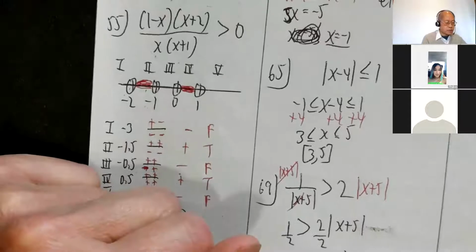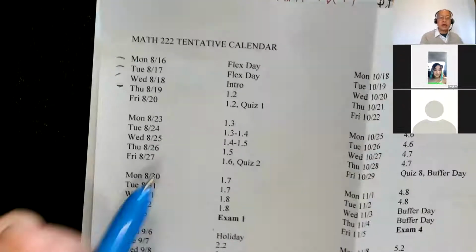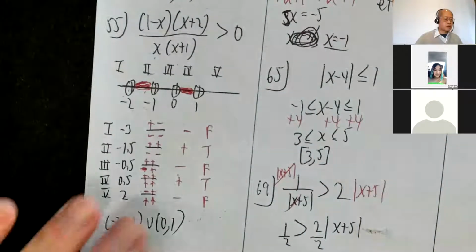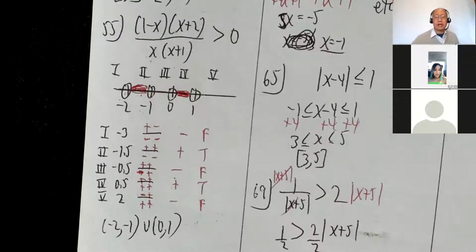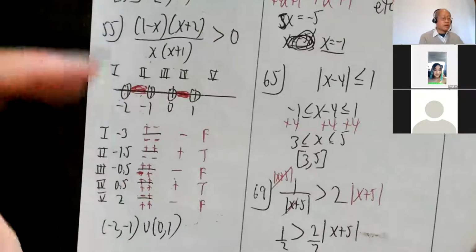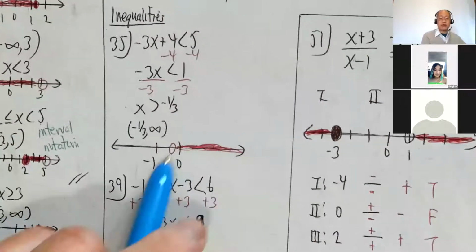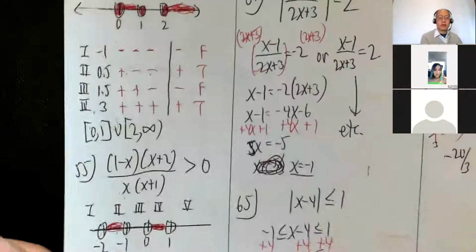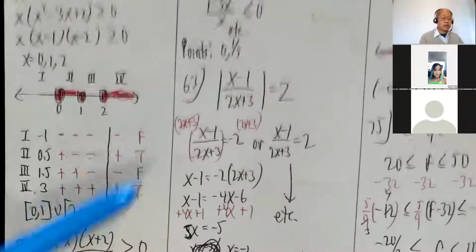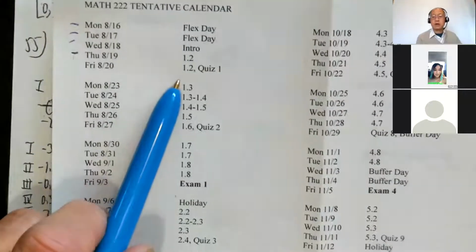Okay, and I think that's all I was going to do for today. So I think we're okay schedule-wise. I have tomorrow to do the rest of 1.2. So sorry I didn't get to question 77. I might be able to get to 77 tomorrow. But tomorrow's quiz that I'll give you will be stuff sort of like this and like this, where you have to take a region and figure out the true regions and false regions and go from there. I'll try to do the rest of the problems from 1.2 tomorrow, and I'll give you the quiz tomorrow according to schedule. That's where we are.